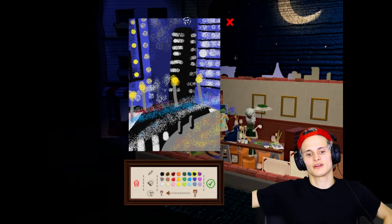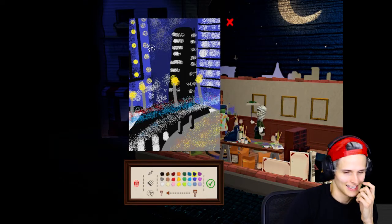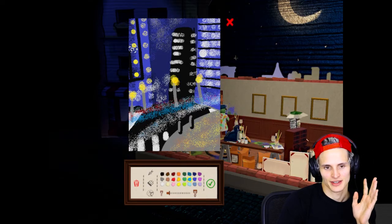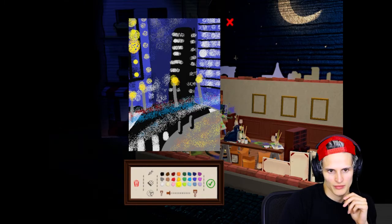Let me take a step back and look at what I've painted here. It looks like absolute crap, to be honest. These are the worst paintings I've ever done. Especially this right here on the left as well. I feel like the light is a little awkward. This needs to be more... Oh my god. Okay, I'm messing it up. This needs to be much more big sources of...